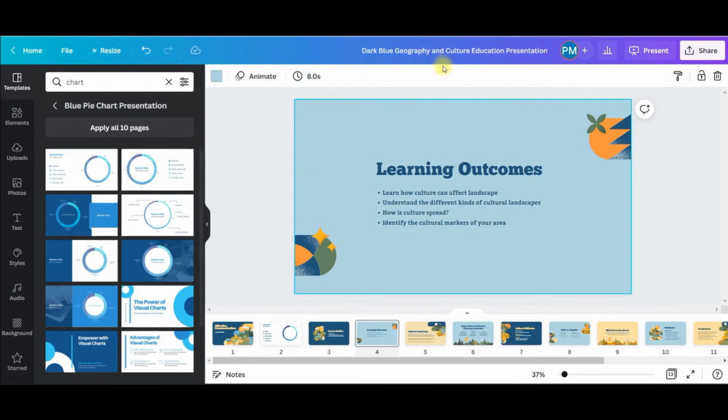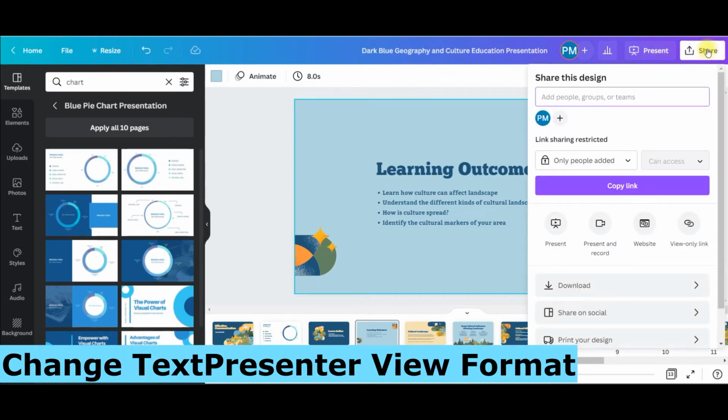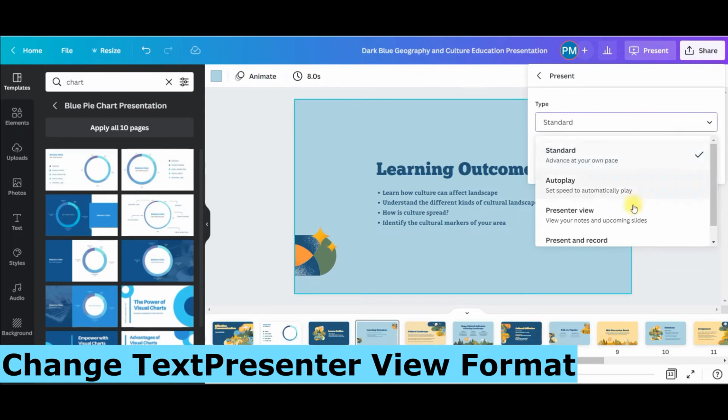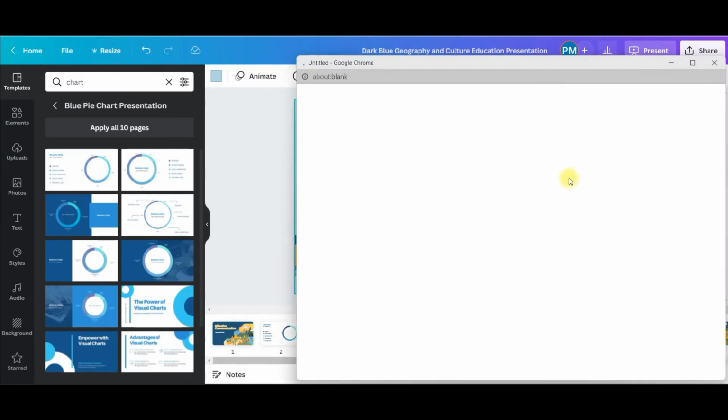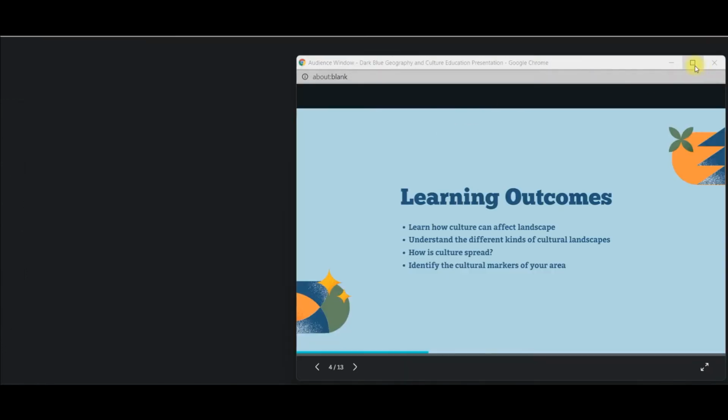So this is how you can autoplay a presentation. Now the third option, again I will go to share and I will go to the present option. Now comes the presenter view option. Now if I present it here, it will open in a new video. Now once it opens,